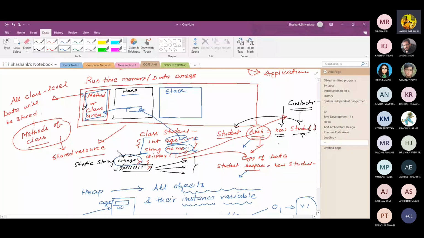So when you create the object, the memory for age is created, the memory for name is created, and the memory of all the data fields of the class is created. Please don't confuse this.